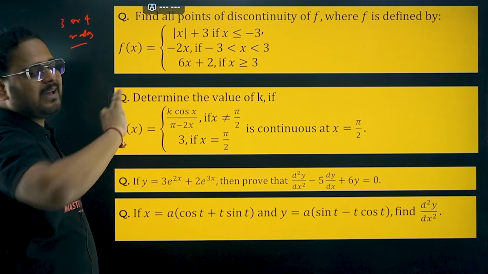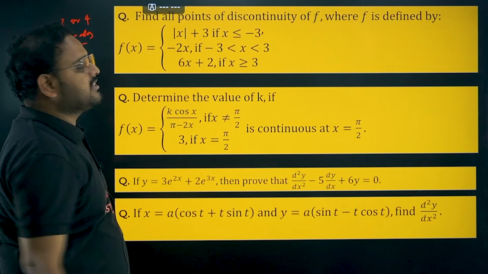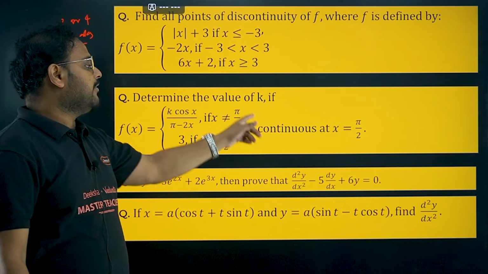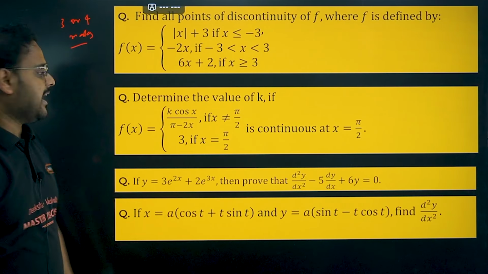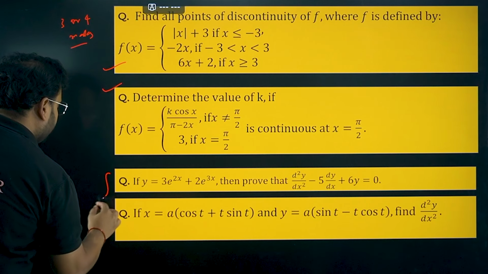One question will come for guarantee on the 4 mark option of proving the discontinuity, or finding the point of discontinuity, or finding the missing value of the variable if the given function is continuous. Either this or this can be asked, okay? Again, these are the 5 mark questions.